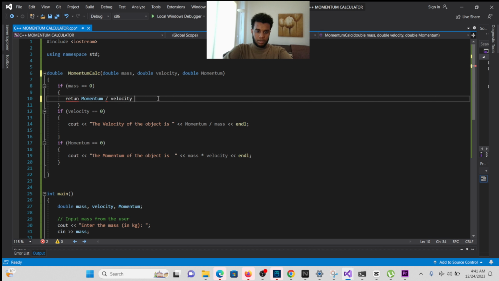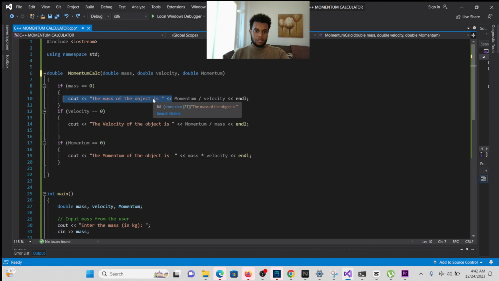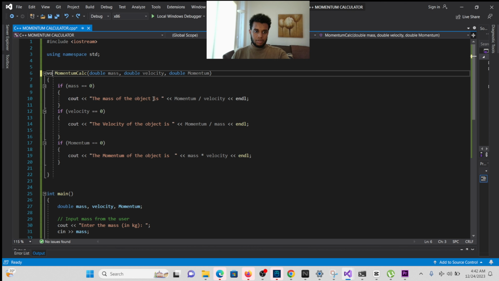This is how it would have been if it was a double function, or something that returns a value directly to the main function, basically. That's how it would be. But now we're just going to go back to the void function. Okay,